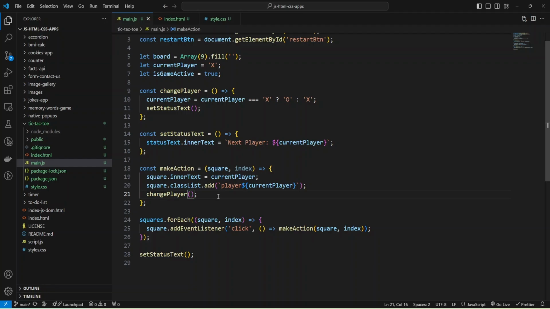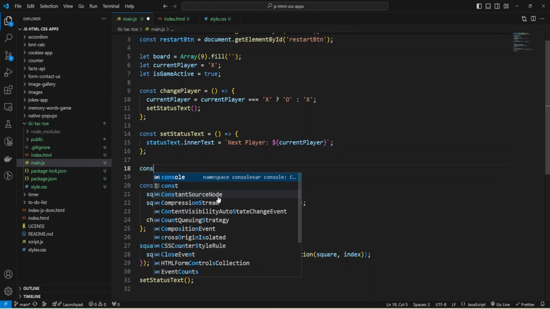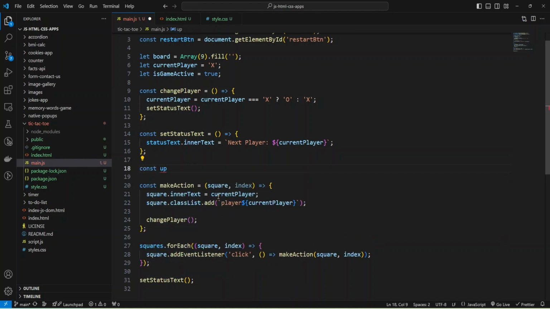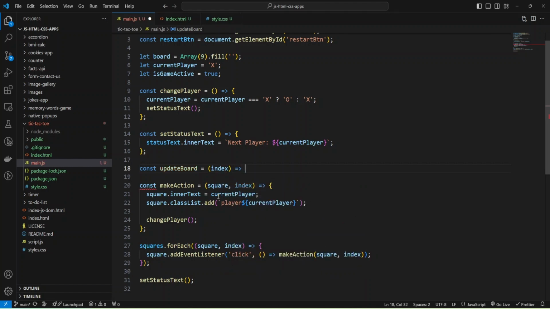Our board array represents the current state of the game, and I need to update it after every move. And let me add function, arrow function, update board, and it will take index as argument.